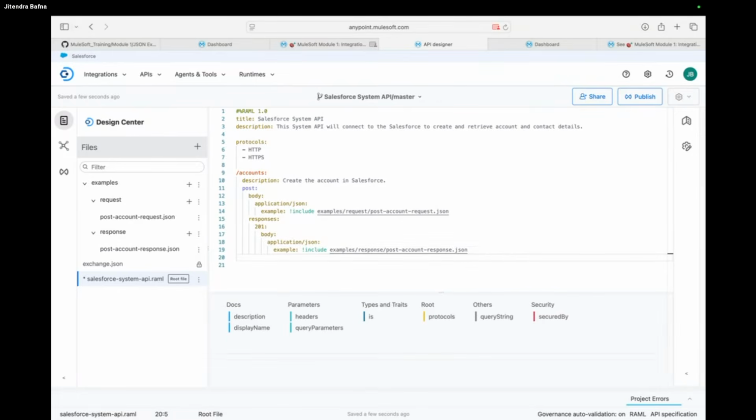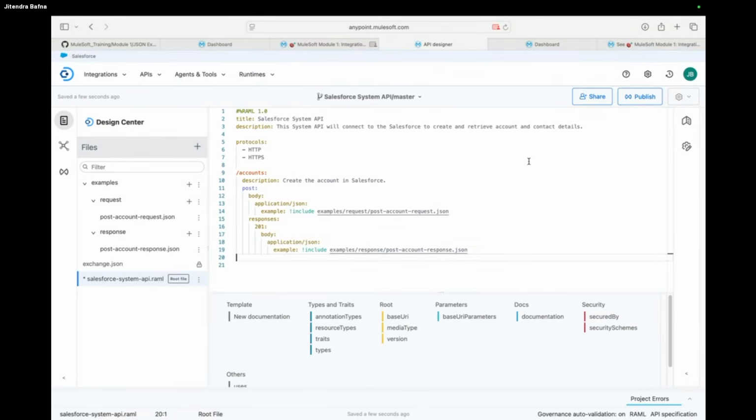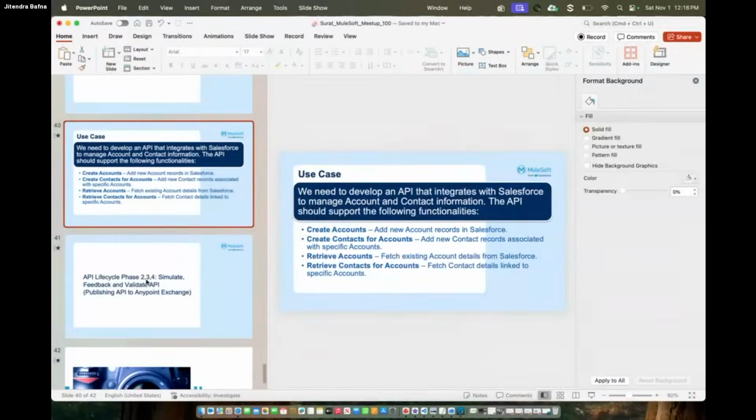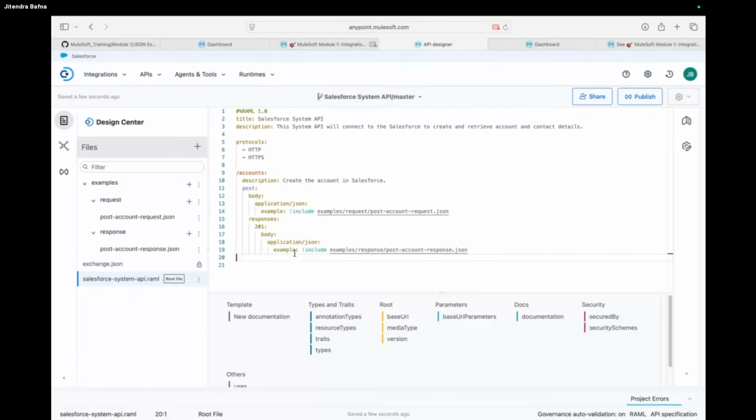And now what is the second requirement? Okay, so let's go back to our presentation. We created the first resource. The second requirement, I will take retrieve account. So either we need to retrieve all the accounts, right, or a single account. I will just go with a single account for now, or even we can go with all the accounts also. So for that, what we can do, I can just go back to here.